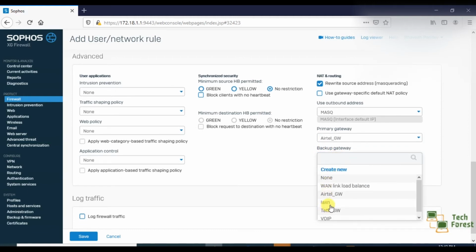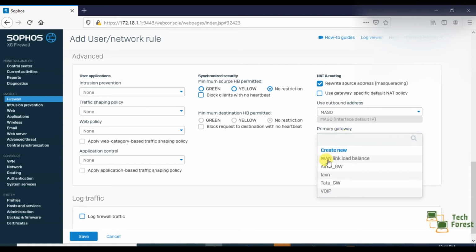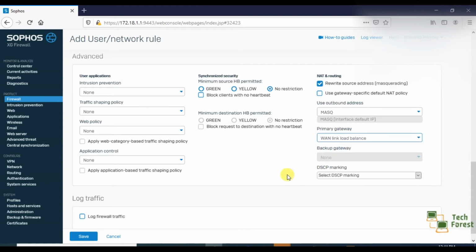I can select any ISP as a backup, so that in case the primary goes down, in case of link down, the backup link will automatically work. We have another option called load balancing. We can select this option. In that case, the firewall will automatically balance all the load according to the bandwidth of the internet.